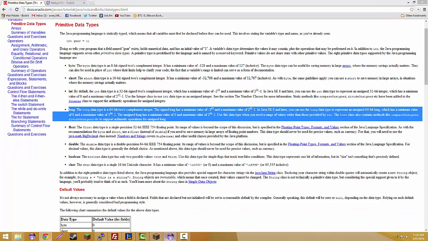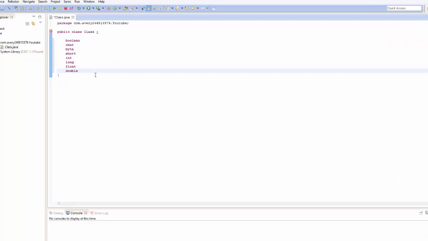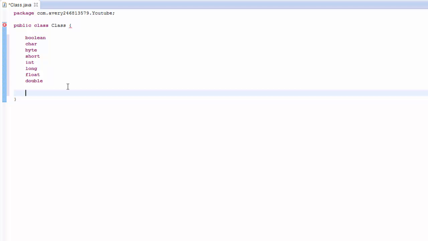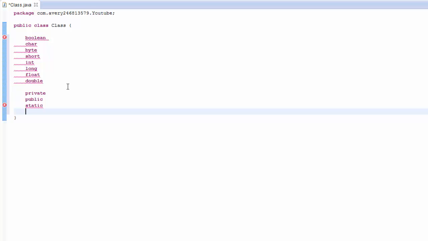So let me show you how you can create these variables. First you're gonna have to have a security, I don't know what this is called, let me just show it to you. You're gonna have to have either private, public, or static. There's more, but I don't want to list all of them. So basically, you're gonna have to have one of those in front of the